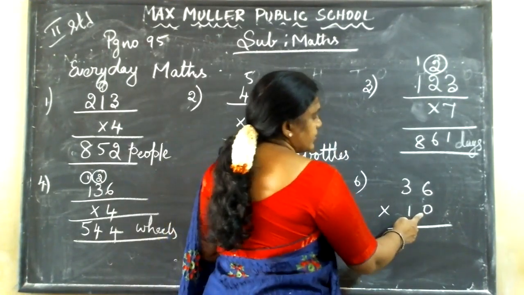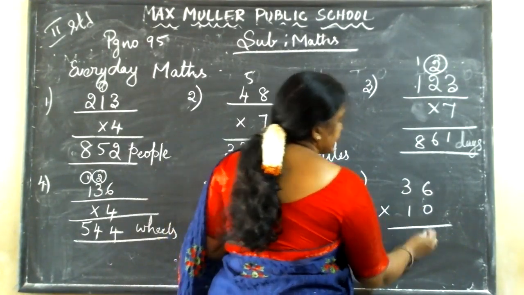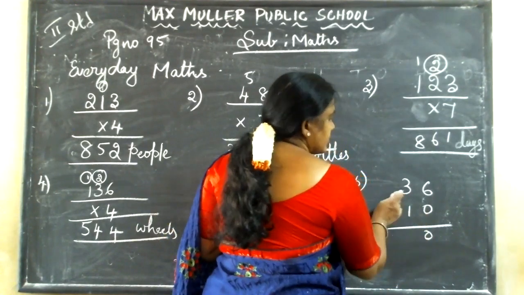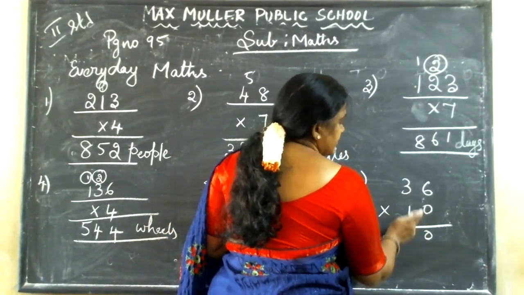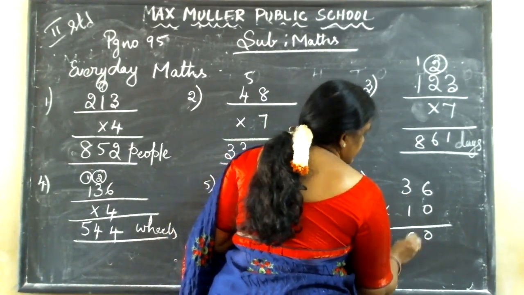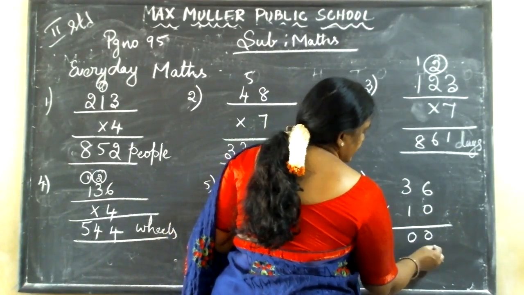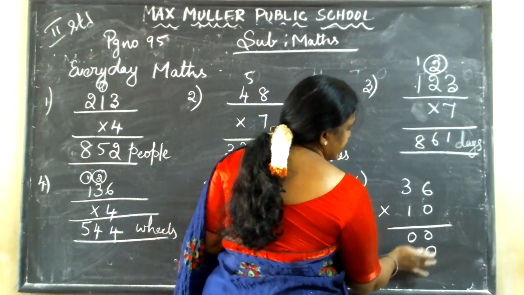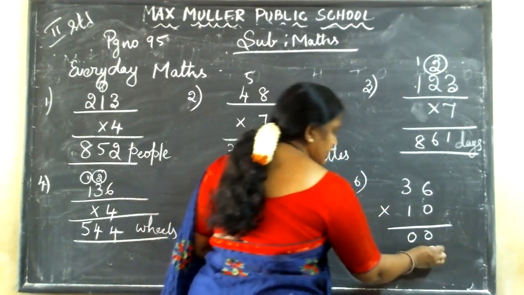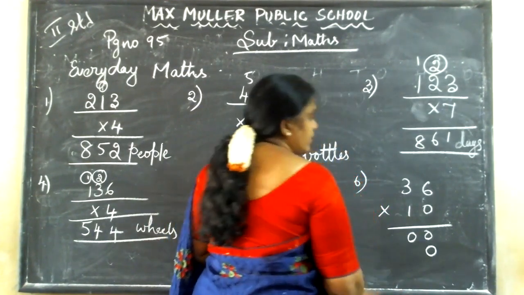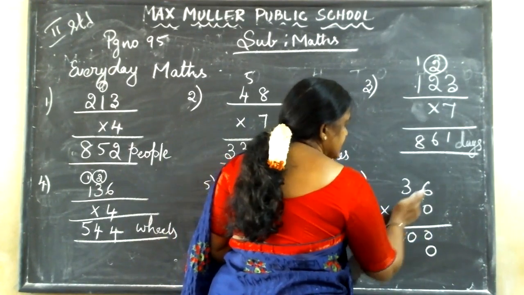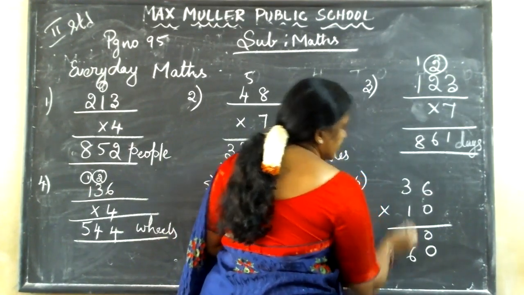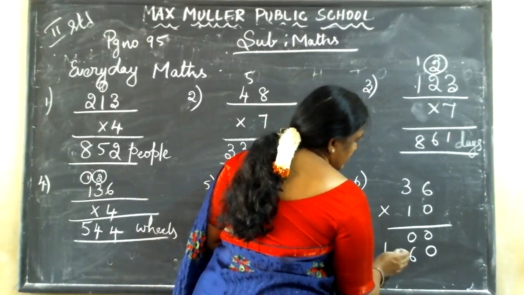See, first you do in the ones place. 0 6s are 0. This also you want to multiply with 0 only. 0 3s are 0. Down you don't want any number. Put 0 only. Next time when you are starting, first you want to write 0. After that you will go to 1 6 are 6. 1 3 are 3.